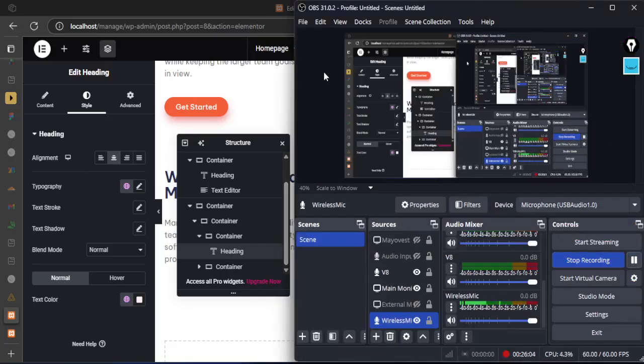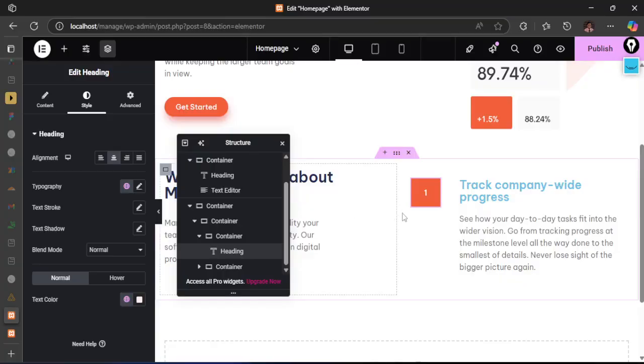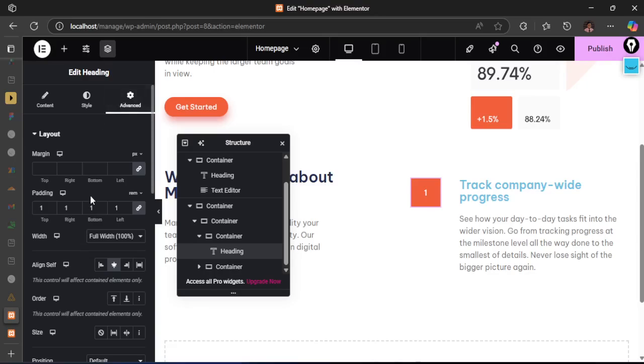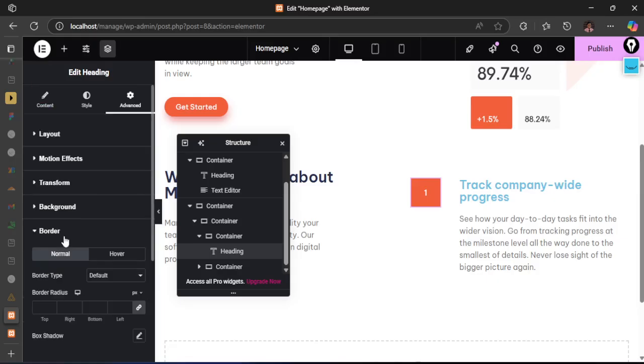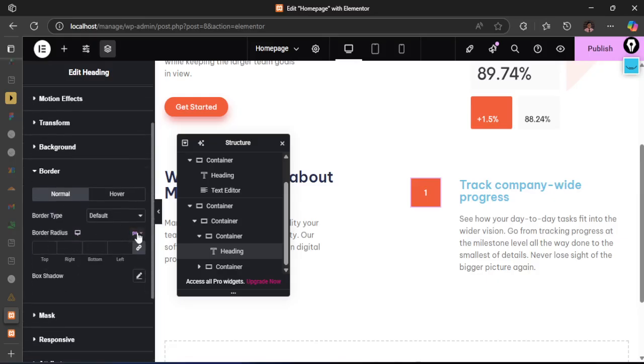All right, so we don't know the size of the text. I'm just going to leave it like that. So what do we need to do? Let's go back into the advanced section, and we need to make sure the box is rounded. So let's go into the border radius. This is pixels. I always love to use rem. So here I'm going to try 1 rem, which is okay, but this box,